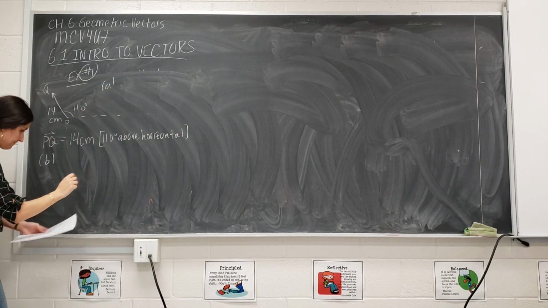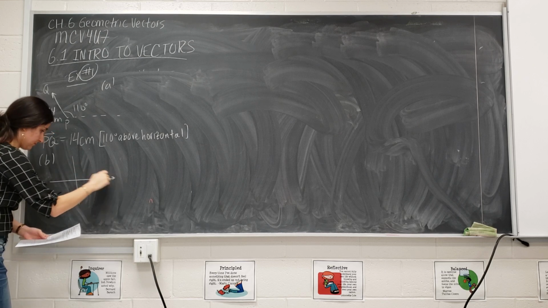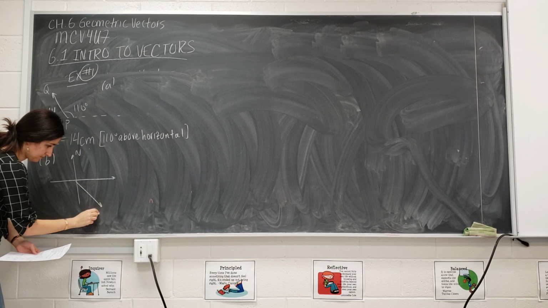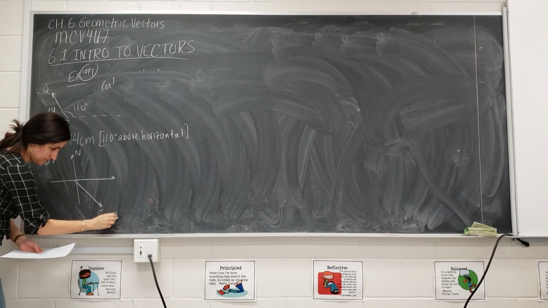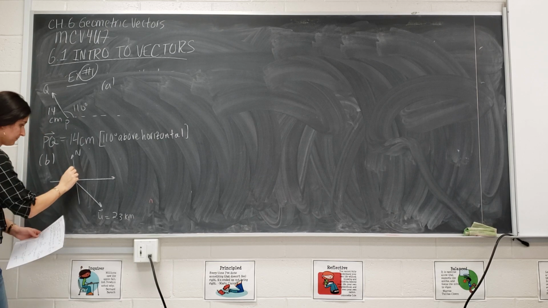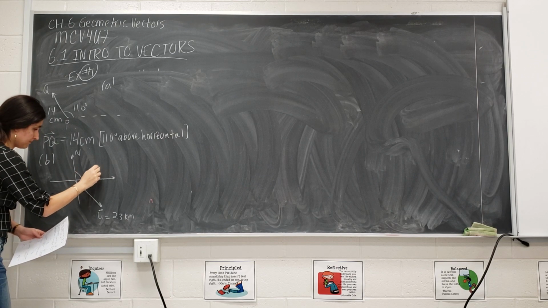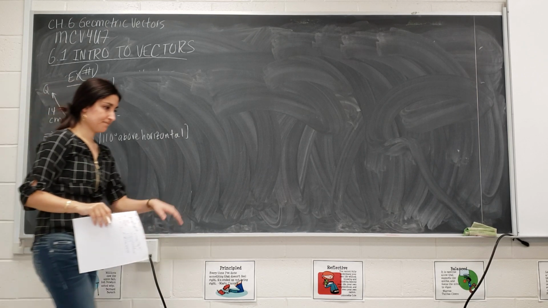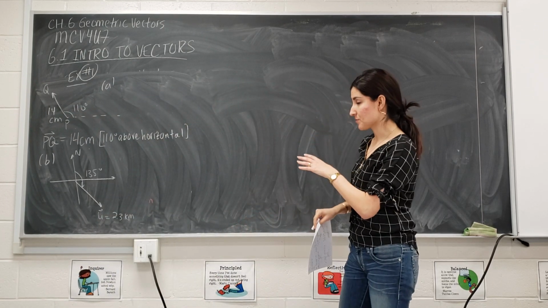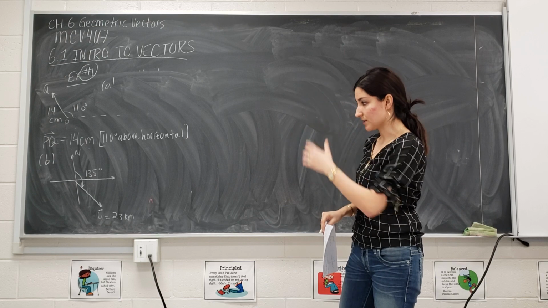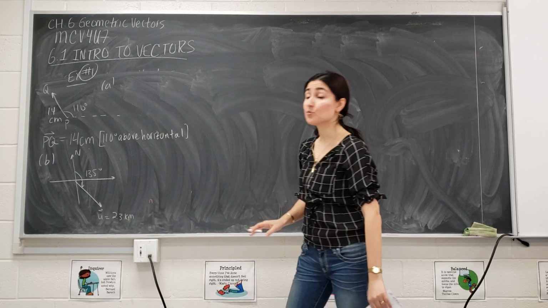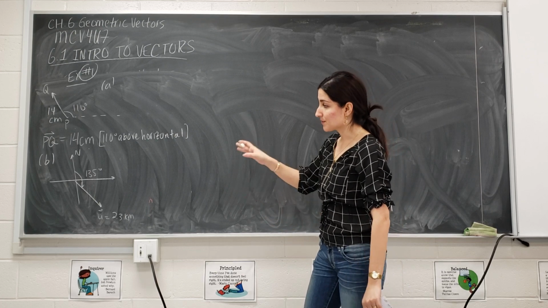Part B. Okay, so this is the picture we're given. We have to give an appropriate description. Now I have the north direction, it's going up. I've got my vector u here, and I'm given the magnitude, it's 2.3 kilometers, and I'm given the angle from